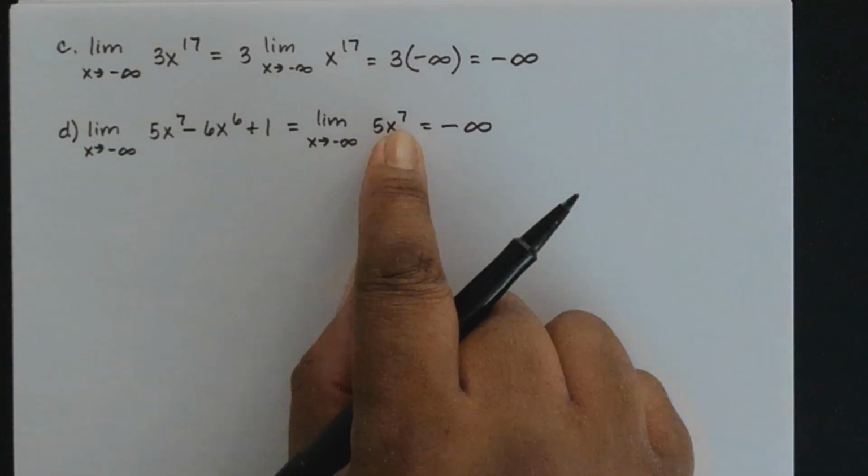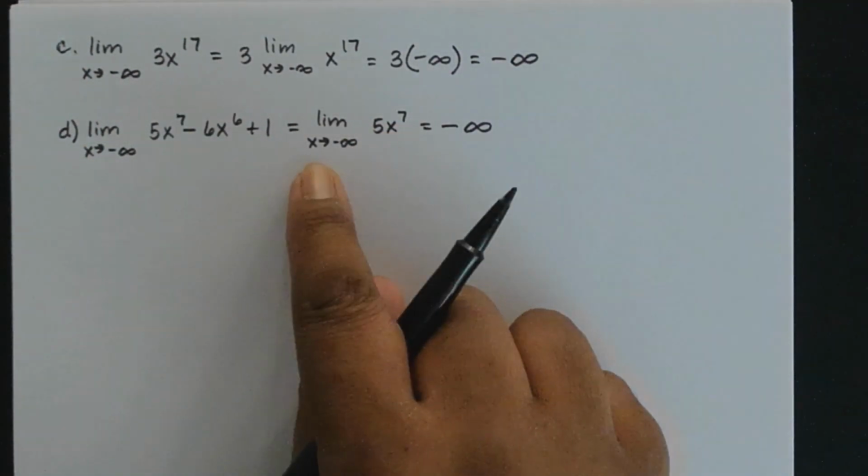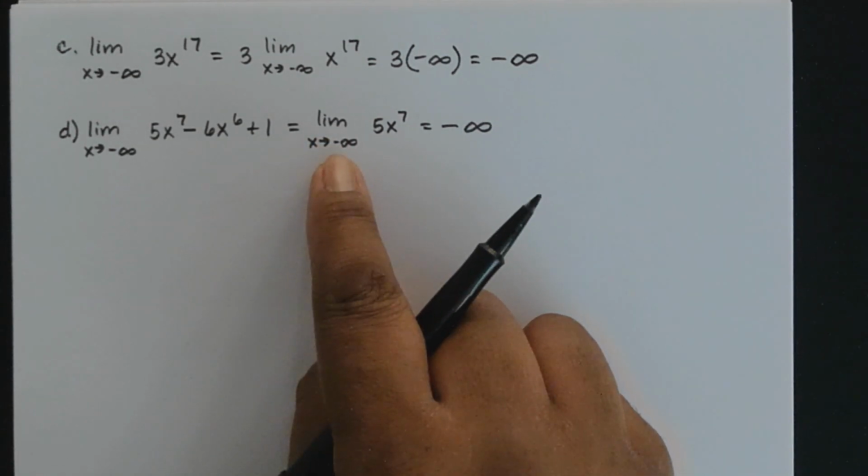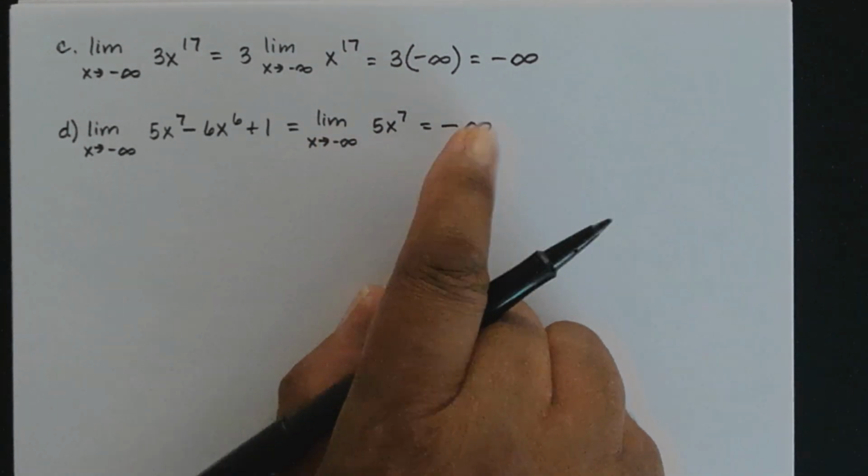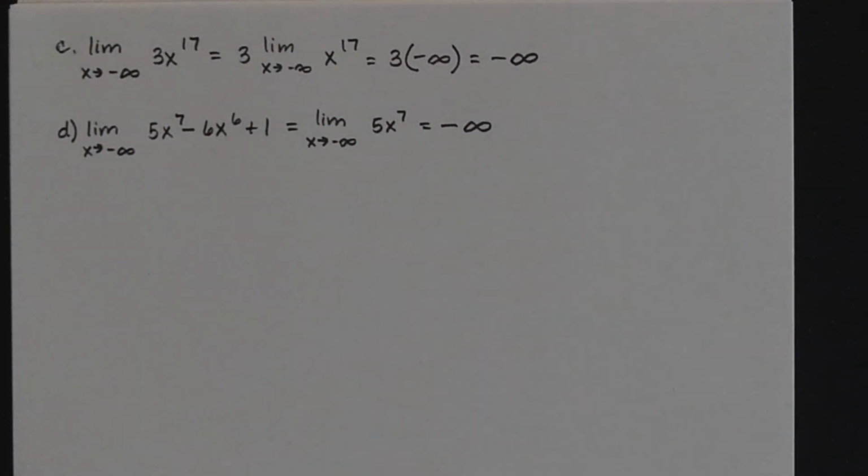If that had been an even power like 5x to the 8th, then as we let x approach negative infinity, that limit will be going to positive infinity. Any questions about problem number 6? All right, number 7